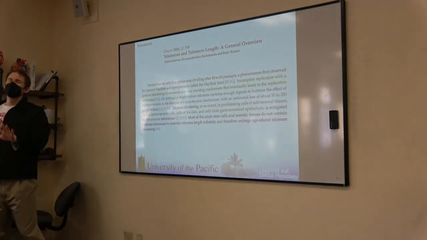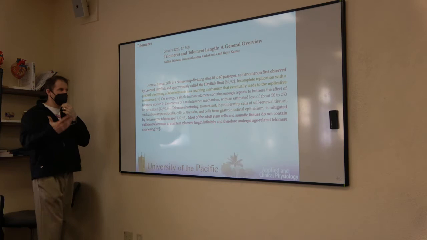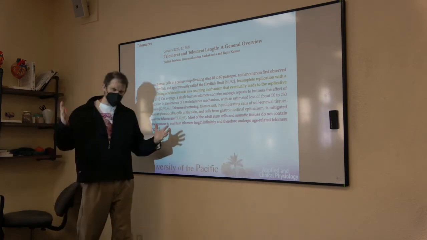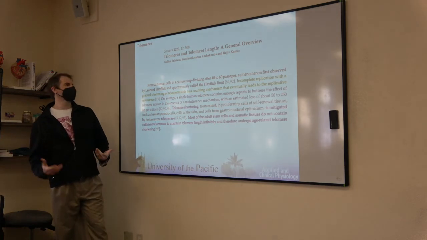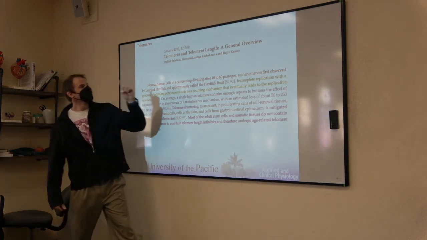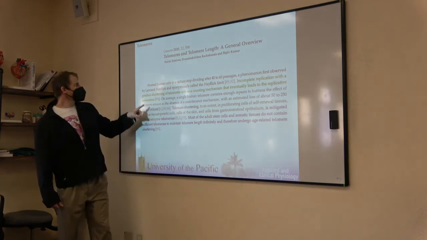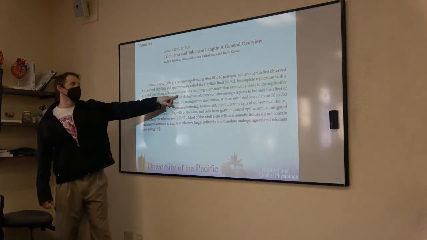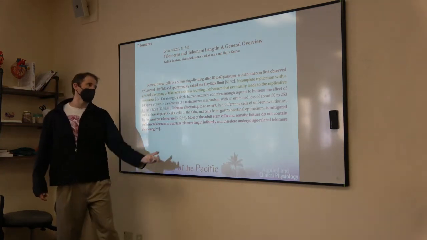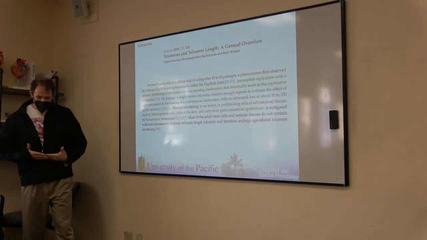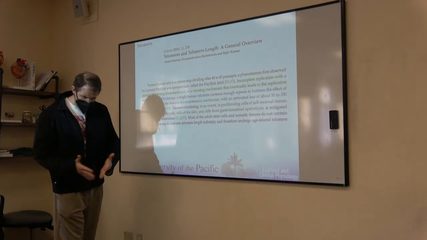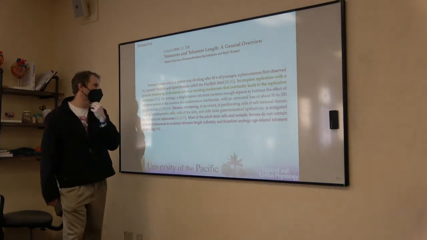It's really old. They didn't understand how telomeres do this and how it works, just that there's a limit, right? So that was in the 60s, that there's a limit. Incomplete replication with a gradual shortening of telomeres acts like a counting mechanism that eventually leads to replicative senescence. Aging at this cellular level where the cells can no longer divide.